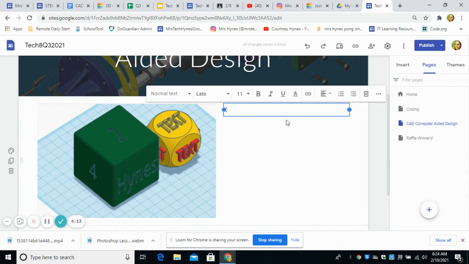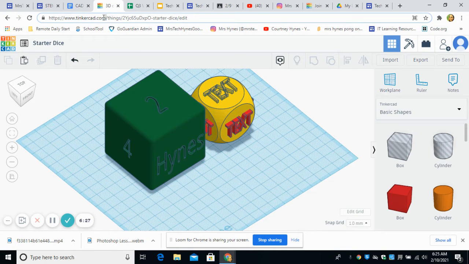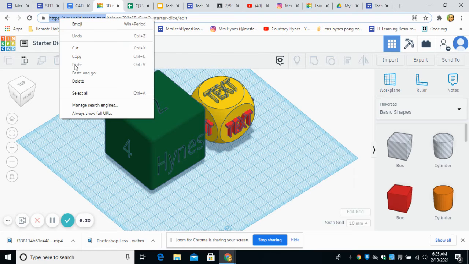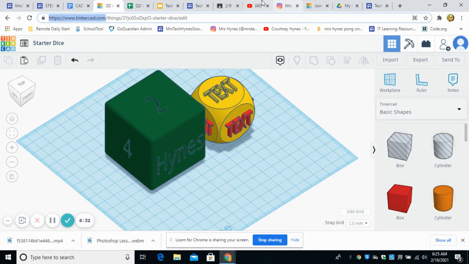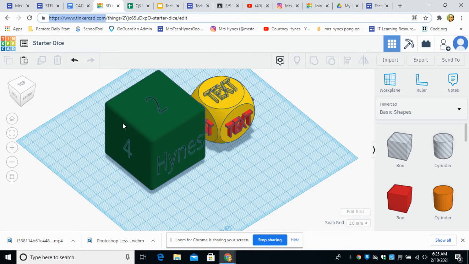So I'm going to add some text and say, I designed a custom dice using TinkerCAD, and I'll even link it. Not the actual thing, because I don't want other people to edit it, but I want you to make your portfolio useful, right? So when other people visit it, perhaps they'd like to go to that link. You can say how big your dice is. Well, let's see. If you were to make this to scale,